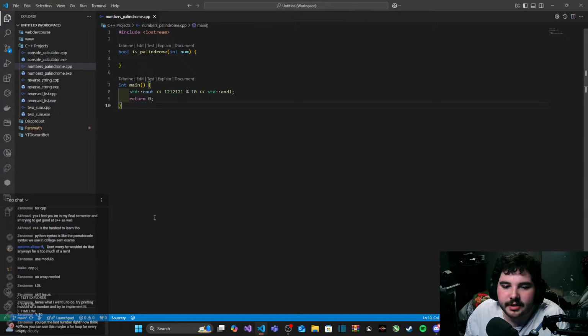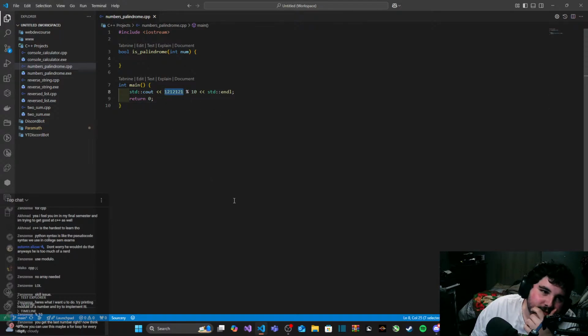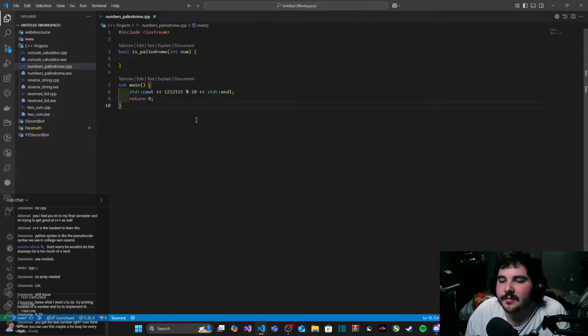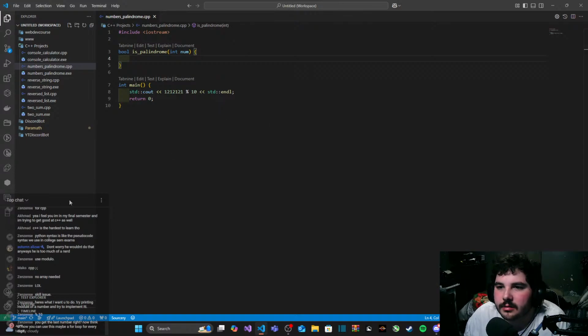Now think of how you can use this, maybe a for loop for every digit. Can I treat a longer number as like, hold on, can I do this?